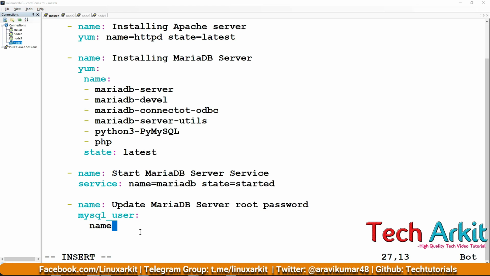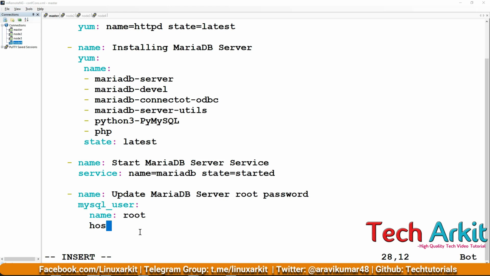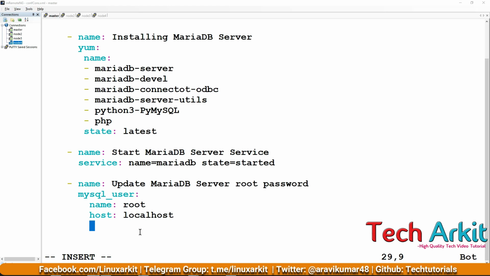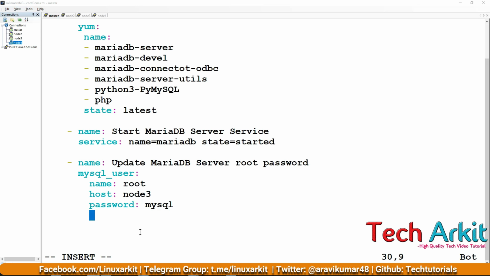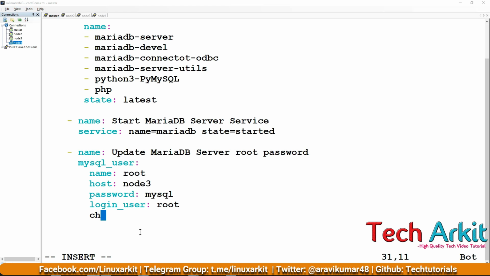So I'm just going to name the user as root, okay, and the host. So I'm going to use localhost. Localhost in the sense not this localhost, that localhost. We can specify it this way, node 3, okay, and password. What is the password I would like to use over here? Maybe a simple one, mysql I say here, okay, and the login_user, which is going to be again the root user, and check_implicit,